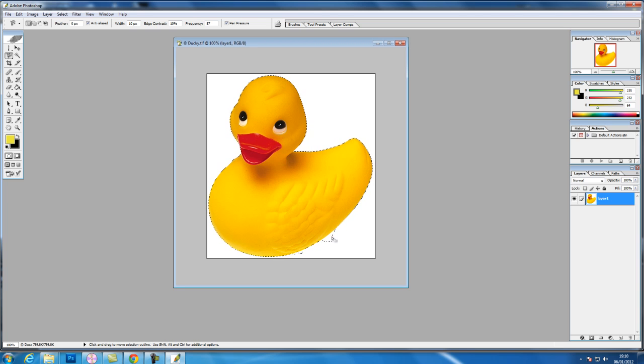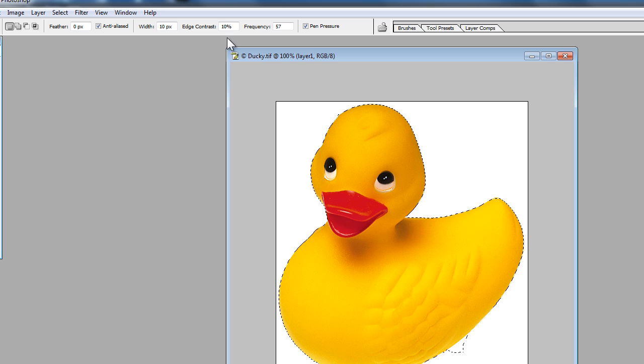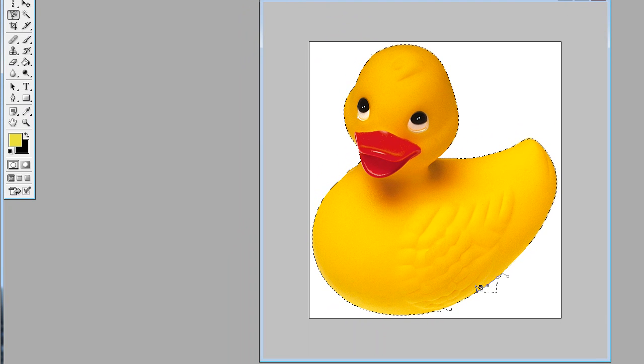Now where it's jumped here means that the edge and the white were within 10%, but as soon as it worked there, when I pulled my cursor out just to show you, if we click Alt, we can minus, and we can get a tighter selection by going closer to the line. And effectively correct the slight error. Not perfect, but